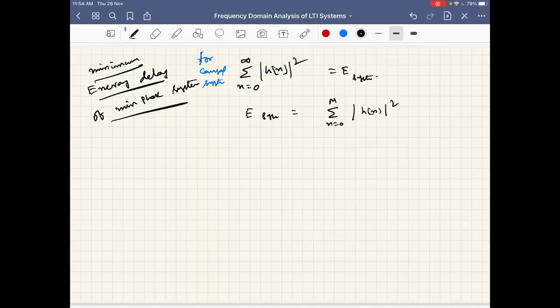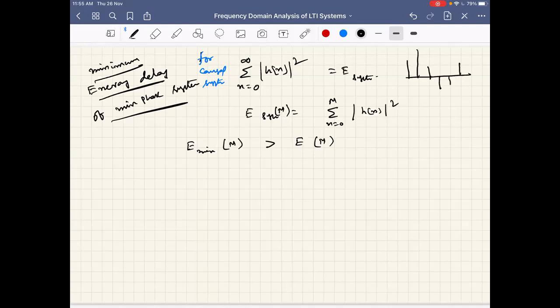What does the minimum energy delay property say? The energy of a minimum phase system, for a given m coefficients, will always be greater than the energy of any other system having the same magnitude response for the same number of coefficients. If we define for m coefficients the energy of a system as the sum from 0 to m of h of n whole square, m can go to infinity if there are infinite terms, but we are looking only up to a point m. Okay, so in a given h of n, if h of n is like this,